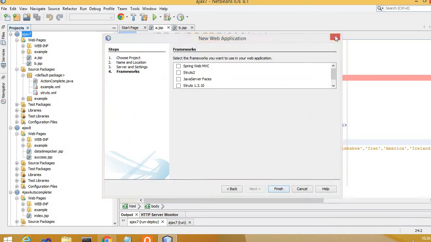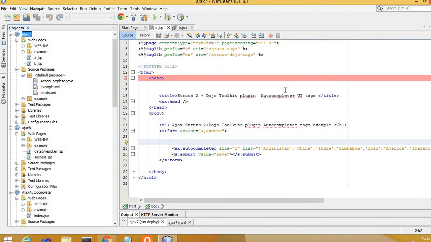Okay, so implementation of Struts 2 using Dojo Toolkit plugins for Ajax based applications is made very easy and simple by adding this Dojo toolkit, so the application implementation becomes faster with the help of this Dojo toolkit. So you can see these libraries or configuration files over here, libraries.